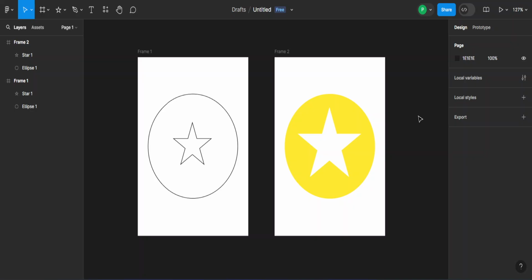How to create a prototype in Figma. Usually we create prototypes to see how our product is going to interact when it's coded and it's in its final stage. But while we're at the drafting stage still, we want to just create a prototype to see how it will